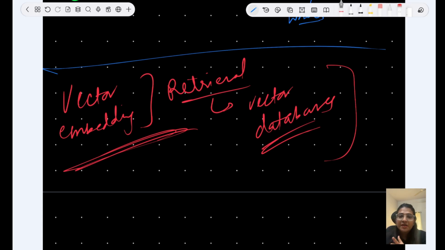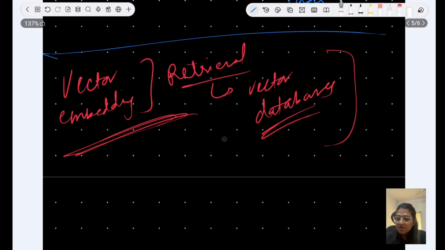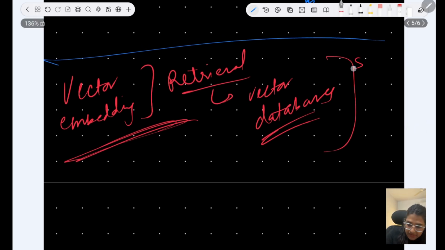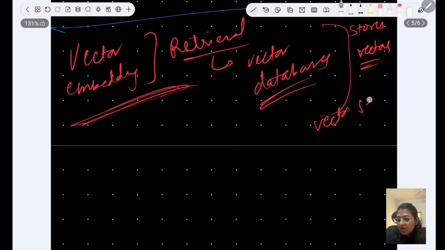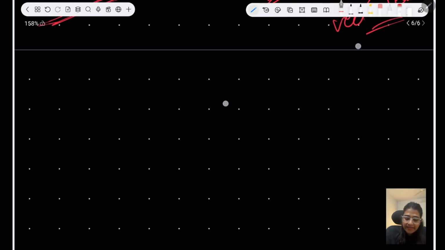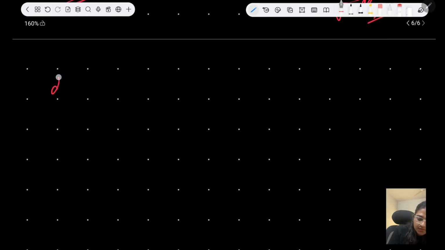And a vector database is basically a database that stores vectors. Okay. Storing is actually the easiest part about a vector database. The hard part about a vector database is vector search. If you have some experience in building any kind of systems or with software design, you would have learned about